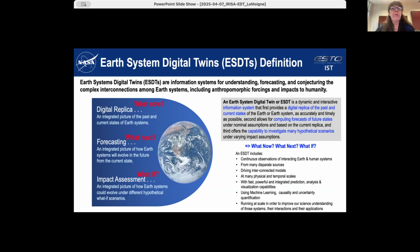The first component that we call the what now is really the digital replica. The digital replica is an integrated picture of the past and current state of the Earth system, or a snapshot at some point of the Earth system. The second component is what we call the what next, and these are all the forecasting capabilities, which means that based on the digital replica and based on nominal conditions, what is going to be the state of the system